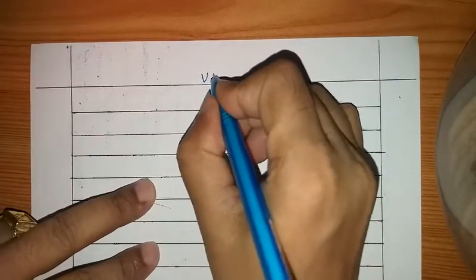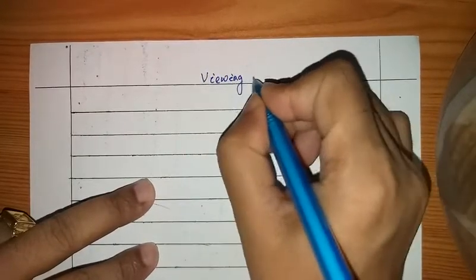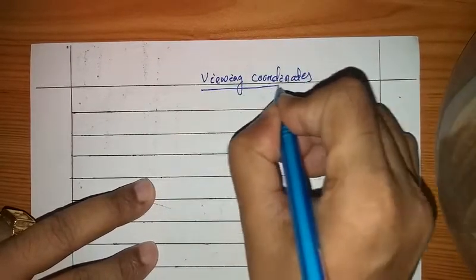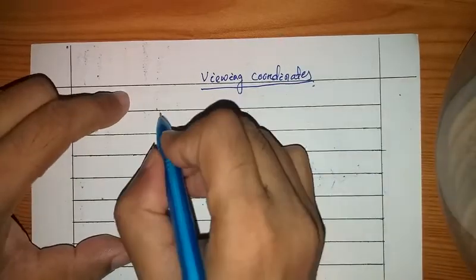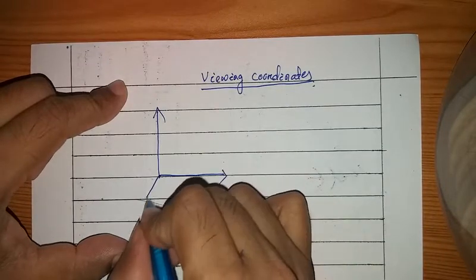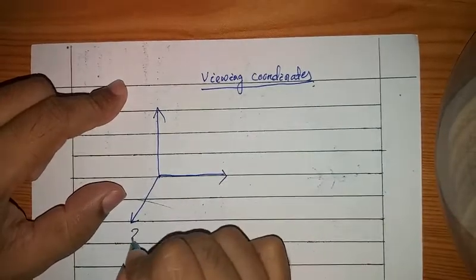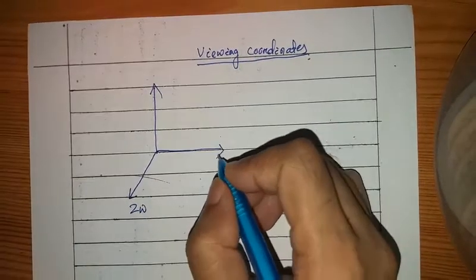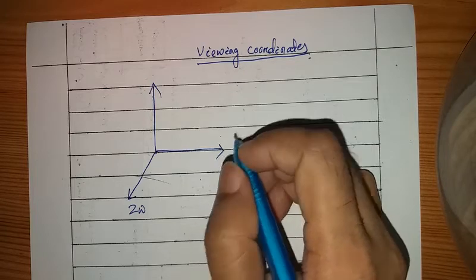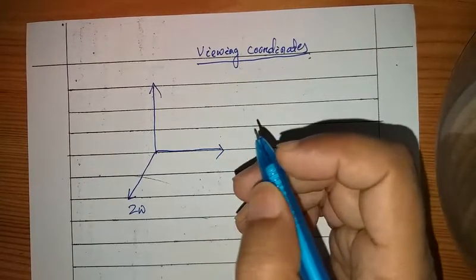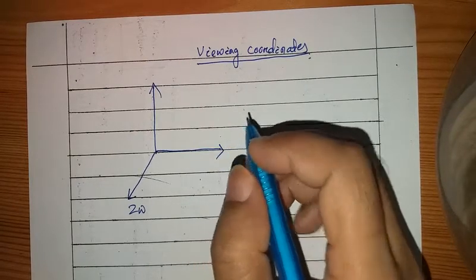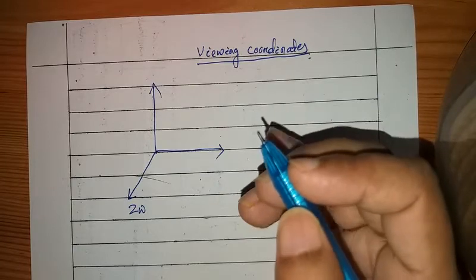Now today we'll see about viewing coordinates. In three-dimensional coordinate space, the point you are observing can be on any plane. As you look at that plane, it is two-dimensional, either in the xy plane, yz plane or zx plane, or any other plane consisting of these coordinates but making some angle, or it may depend on the view plane.